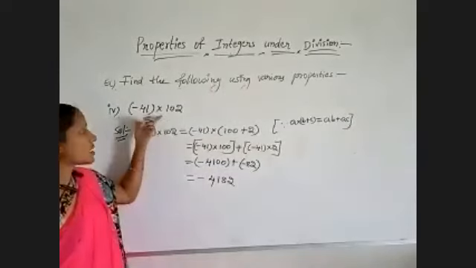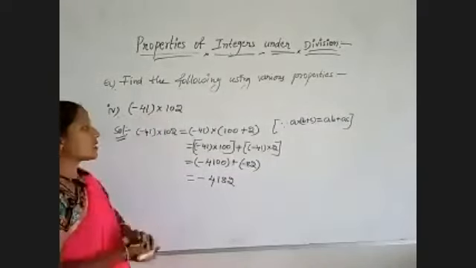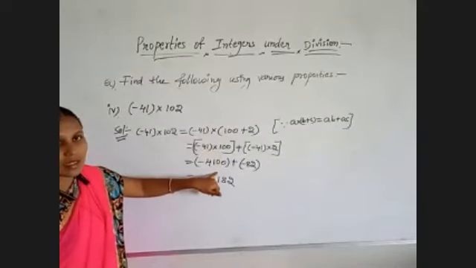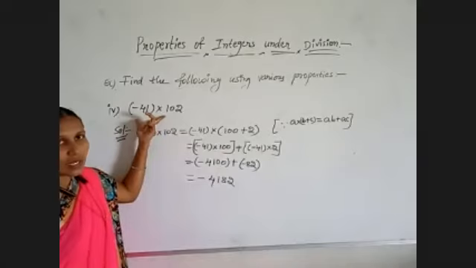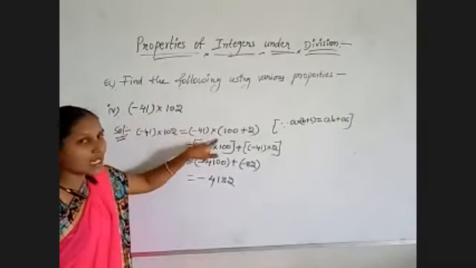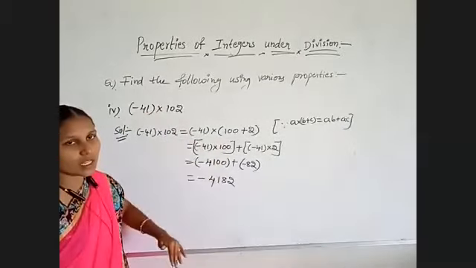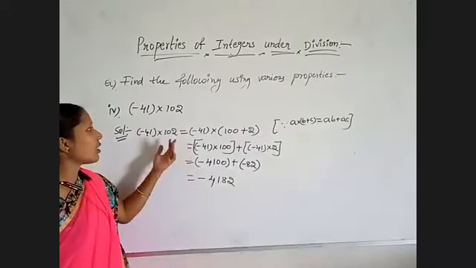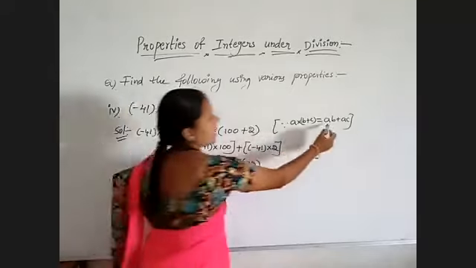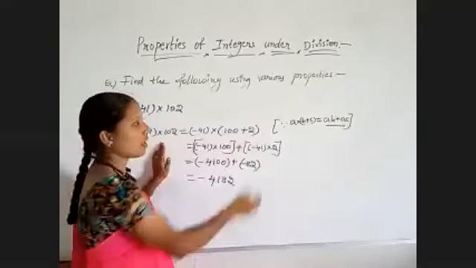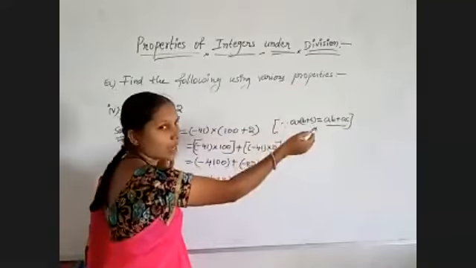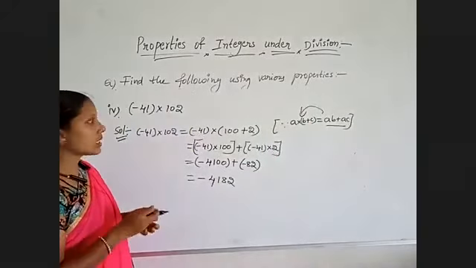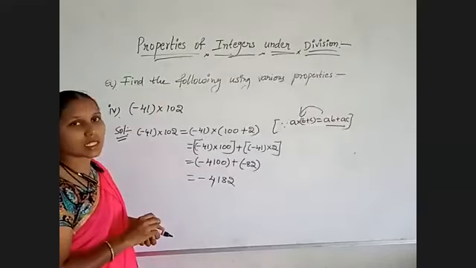When it comes to the distributive property, they may ask in three ways. See, in this form they will give it directly. Then we need to expand like this. And if only two numbers are given, then we need to expand and go for further steps. If the right side value, as I explained in the first example, is given in that form, then you need to expand this. So, three types of questions they may ask.